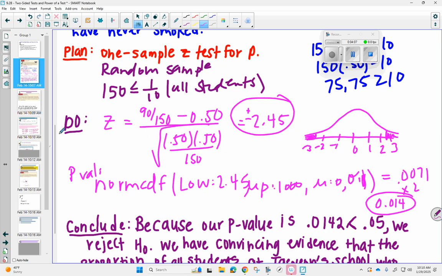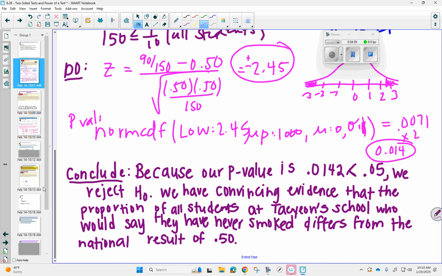All right, and our concluding sentence. So the only new thing, you guys, is plus minus, the not equal to on the alternative, and double your p-value after you find one tail. All right, and then use the p-value that was doubled. Okay, it is less than 0.05, so we reject the null, which means we have convincing evidence that the proportion of all students at Taeyeon's school who smoke, or who would say that they have never smoked, differs from the